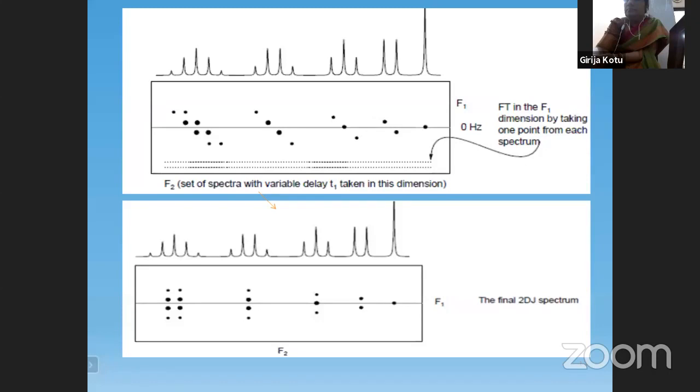If you observe that on 1D, on the top we are representing the 1D. For reference, we always draw the 1D spectrum on the top. The matrix inside the box is what we call the matrix, and that is the actual 2D picture. The 2D information is seen only in the box, not outside the box. On the top is the conventional 1D NMR.